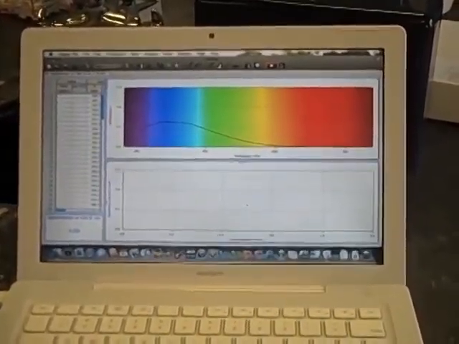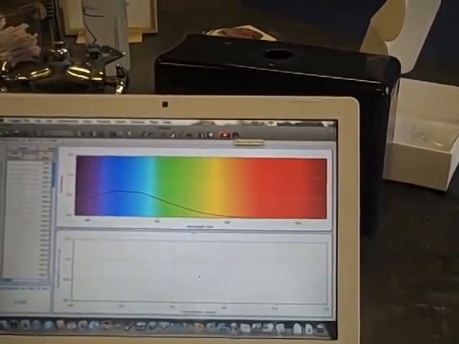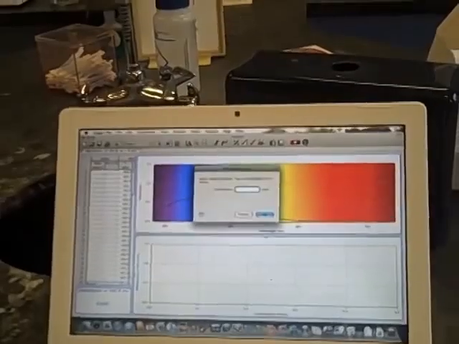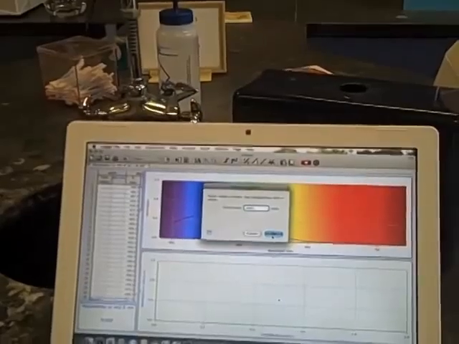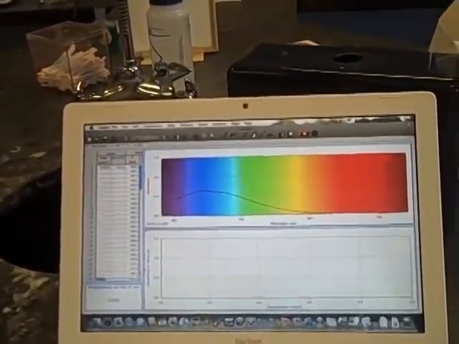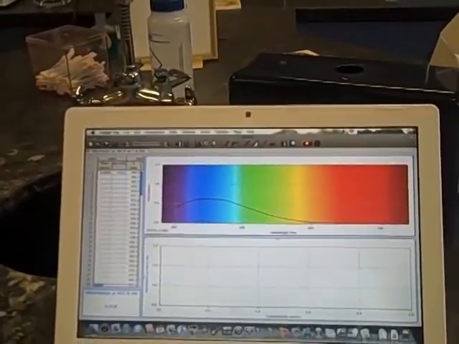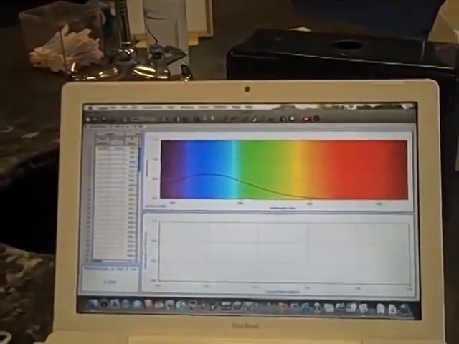Okay. So now I'm going to press the keep button, which is right next to stop. And so I press keep, and then you're going to have to put in the concentration, which is from the pre-lab exercise right here. The concentrations, you wrote those down. Yeah. Okay. And so this first one is 0.0002, and just press OK. And after you press OK, you take out number 1, put in number 2, and the whole process starts again. And you just keep it on, and it'll start collecting the new